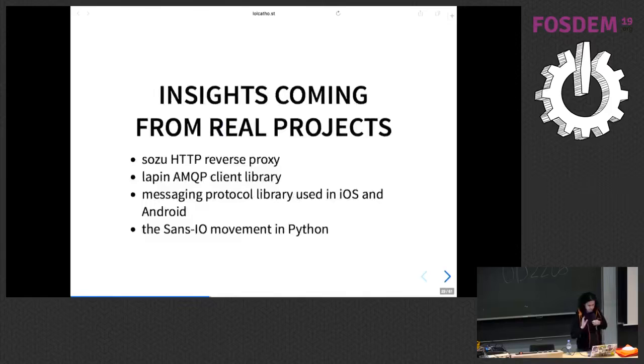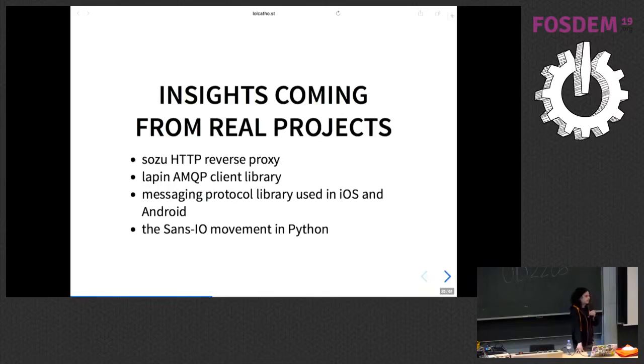So where does it come from? I work on HTTP, which is a nightmare protocol. For reverse proxy at Clever Cloud, it's nice. I encourage you to go look at Sozu. It's an HTTP reverse proxy that can reconfigure itself at runtime, and it's made for load balancing and performance. It's a really nice project, and there's lots of fun stuff to do in that.